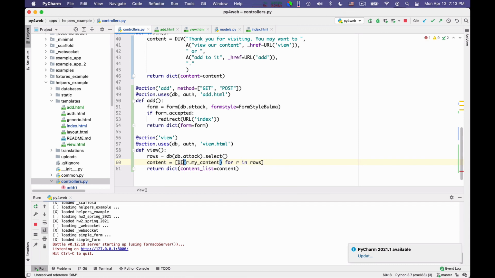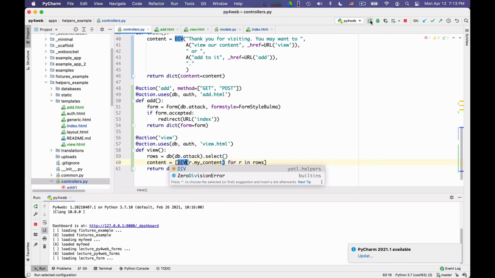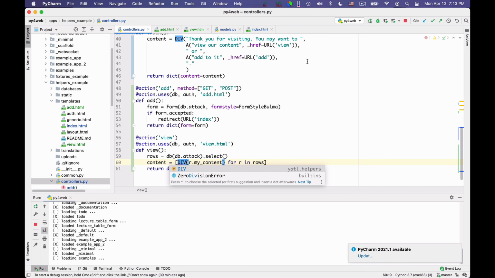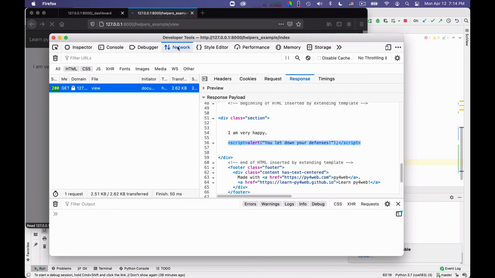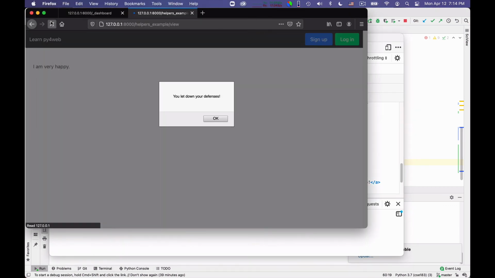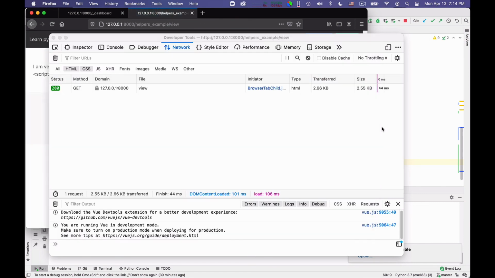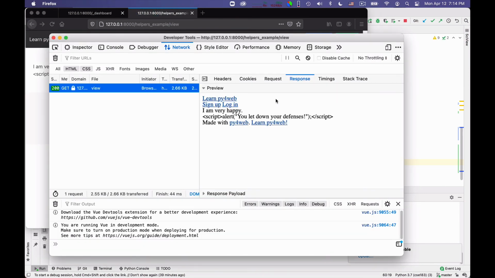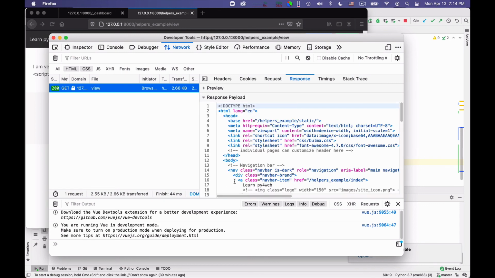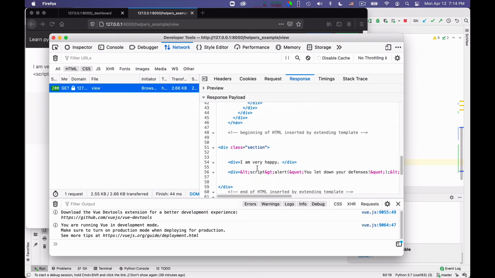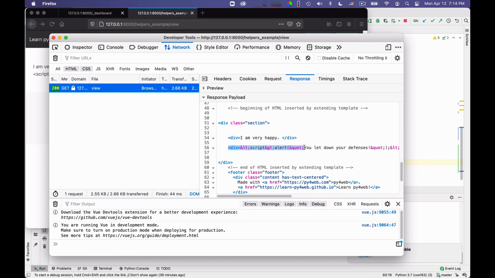Now if I replace this with a div again, everything will be safe again. I can restart this page. I can reload it, and now there is no more problem. And in fact, if you go in the request again, one more time, you will see that this time it's again safe quoted.